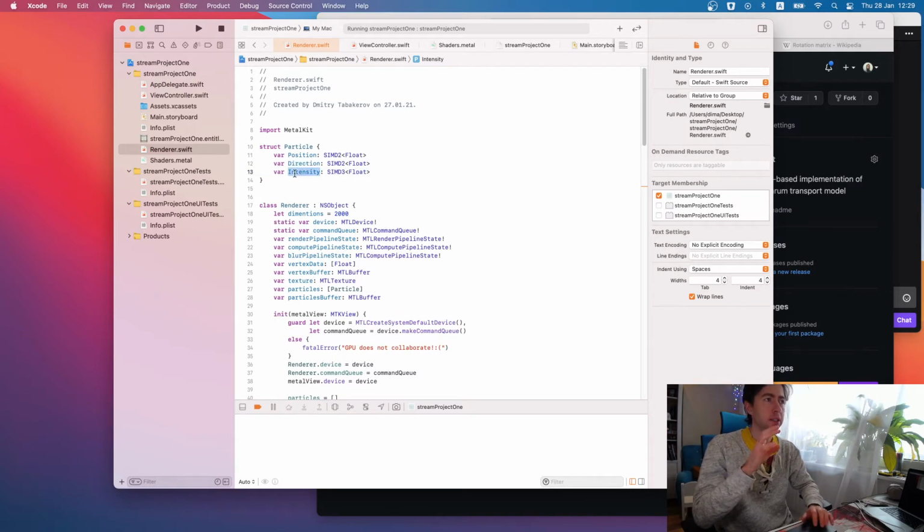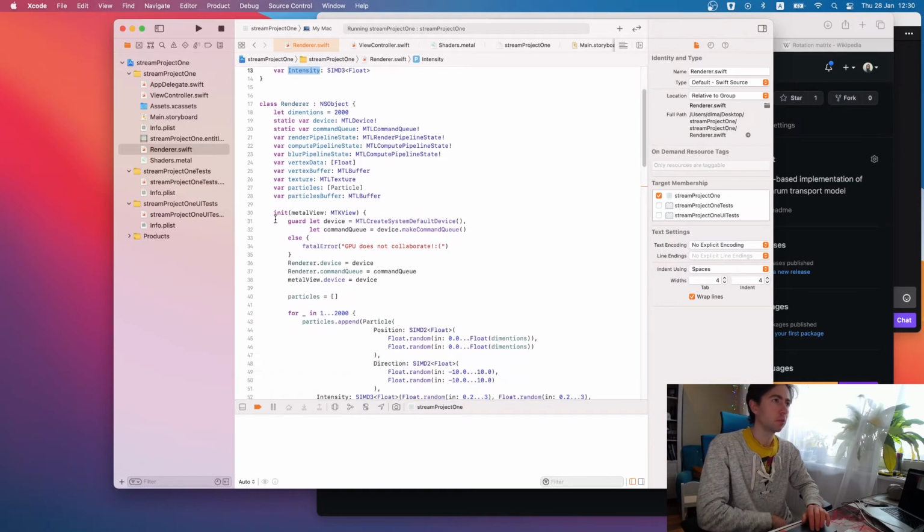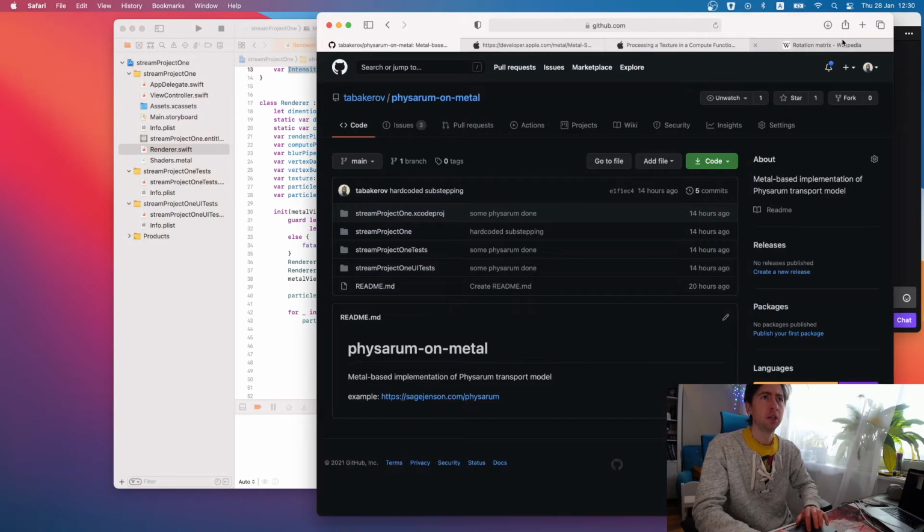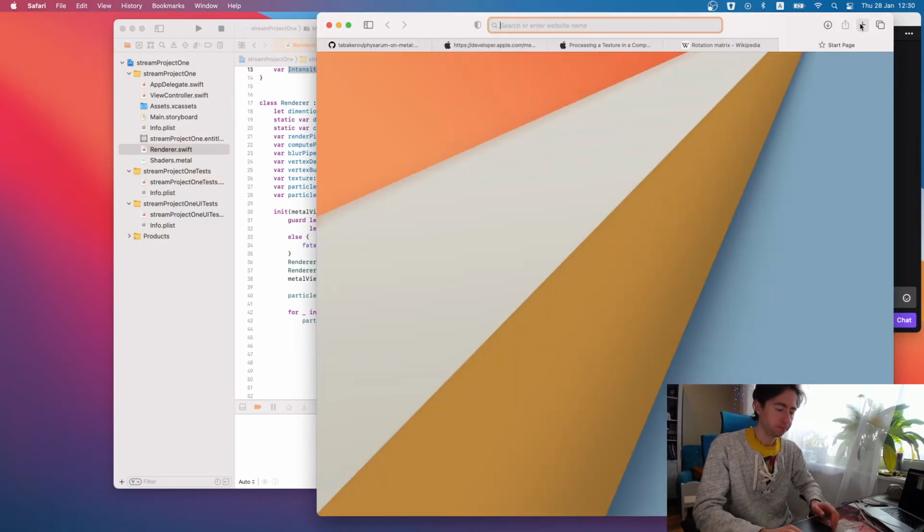The intensity is the intensity of the residue left by the particles. I hope it makes sense.